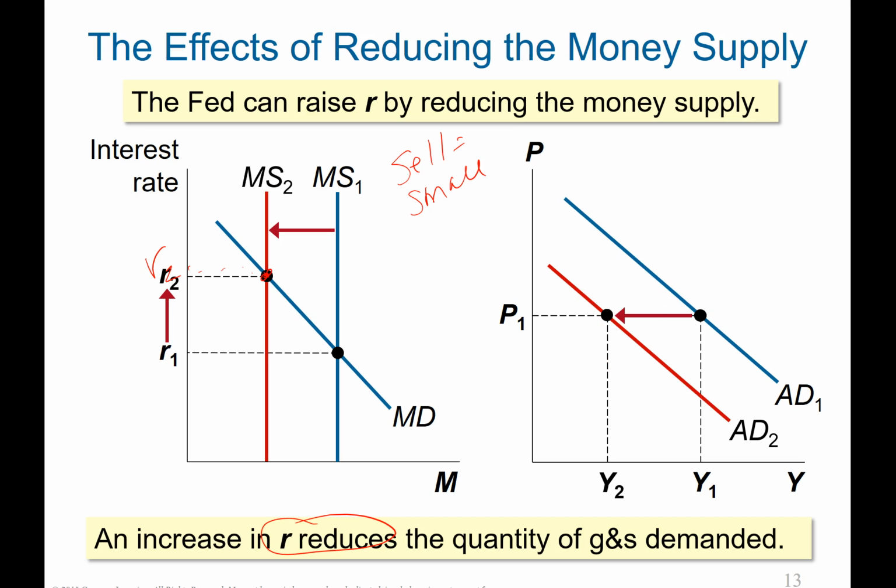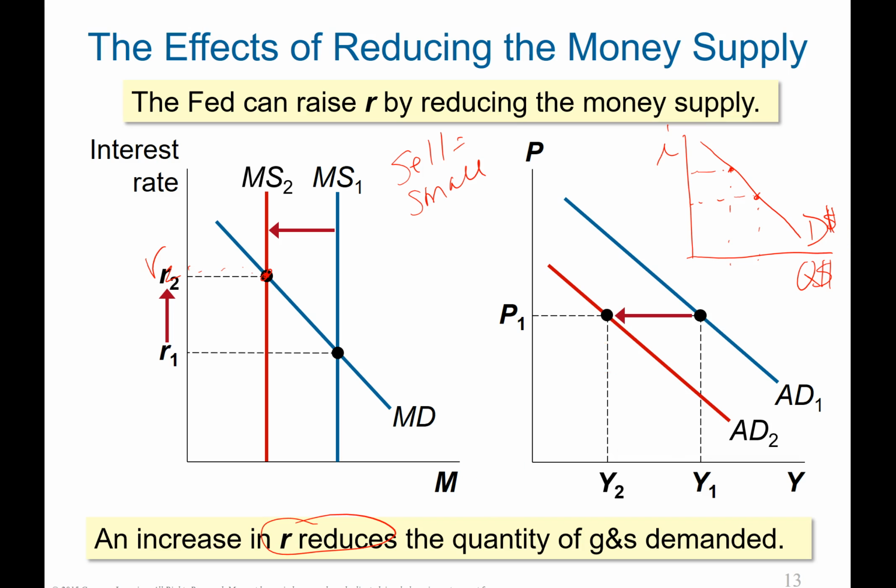Another effect, and we can make a different connection here, but it has the same result, and that is if we look at the investment curve, the demand for money for investment. So let's say here's our demand for investment funds, and that's the relationship between the interest rate, and I'll just use a little i here for interest rate, and the quantity of funds. So if the interest rate rises, let's say the initial interest rate is here, and the interest rate rises, it's going to lower the demand for funds for investment, decrease investment, which again is part of what makes up the